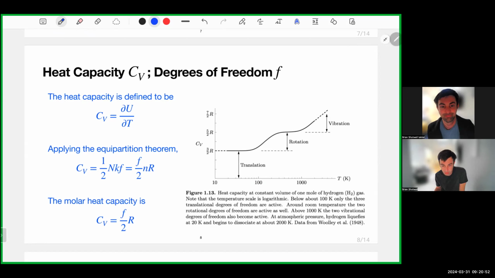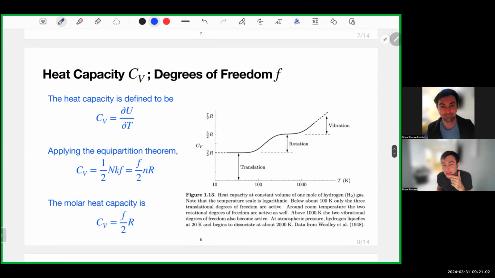So because of this, you're not activating the rotational degrees of freedom until you get to around room temperature. It starts before that, but by the time you get to room temperature, the molecules, just by crashing into each other, have enough energy. The temperature is a measure of the average translational energy per molecule. And they have enough energy so that when they slam into each other, they can actually activate these rotational degrees